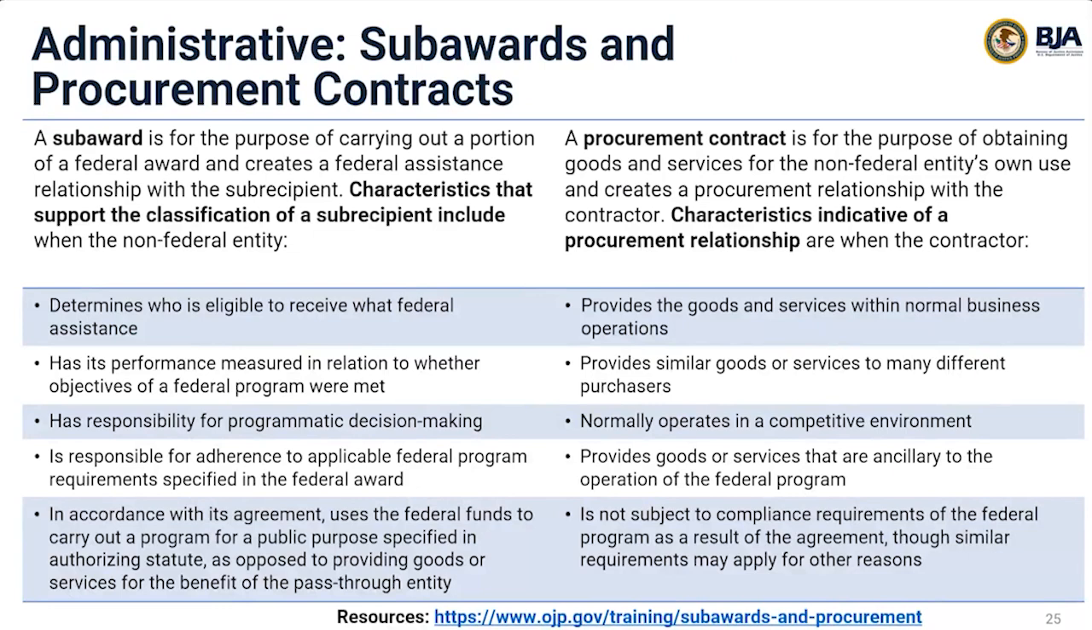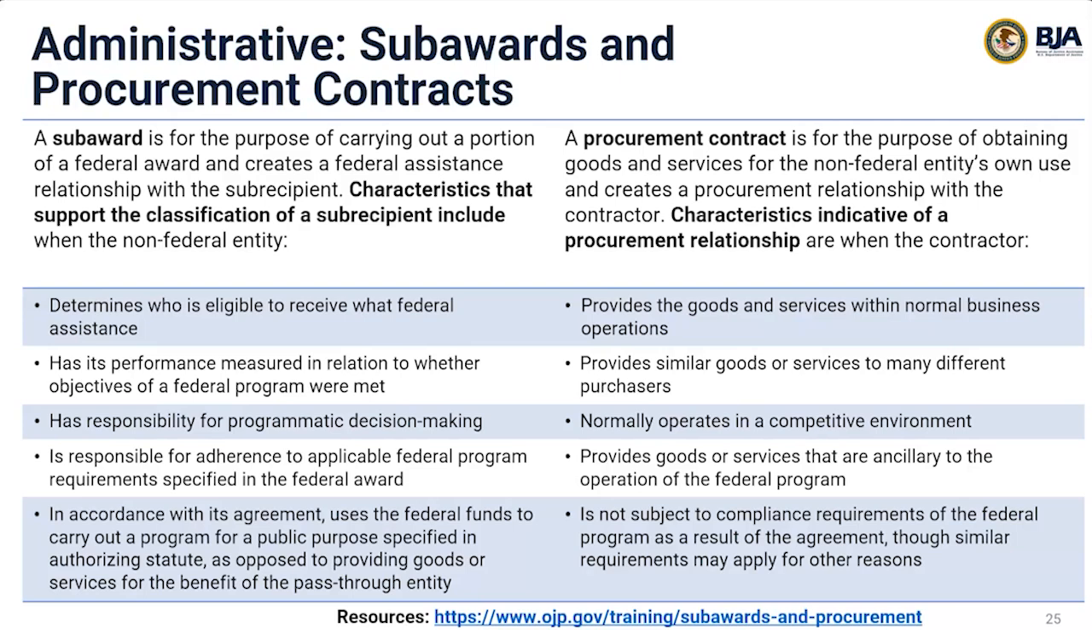Grant recipients may propose to make subawards and/or enter into procurement contracts with other non-federal parties under the award. Different administrative requirements apply, so it's important to properly classify. The substance of the relationship should be given greater consideration than the form of agreement. Just to be clear, I will define the purpose of a subaward versus a procurement contract. A subaward is for the purpose of carrying out a portion of a federal award and creates a federal assistance